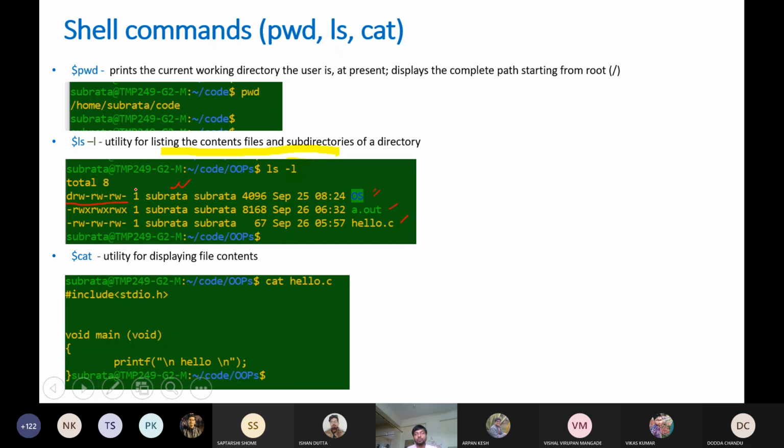So there you can specify whether it is read only, write only, or executable only. As you can see, because a.out is an executable file in Linux, the x is there, so it is executable. But for hello.c, the x is left blank because you cannot directly execute hello.c. So if you use ls -l, you can get some idea about what kind of contents are there in